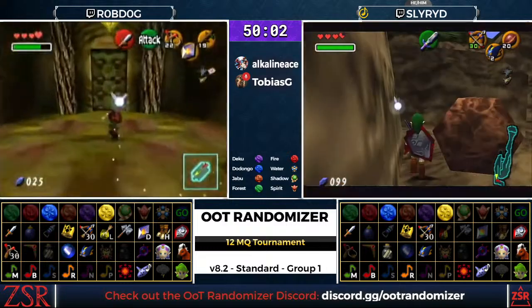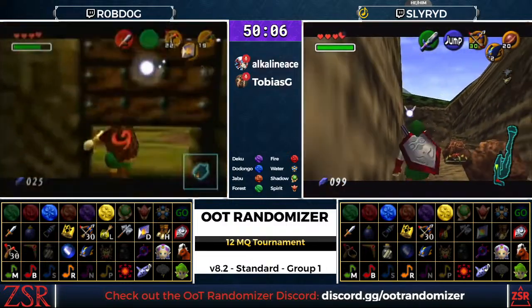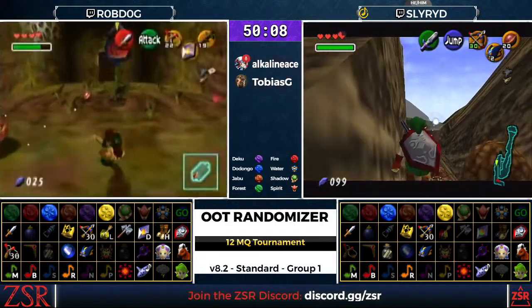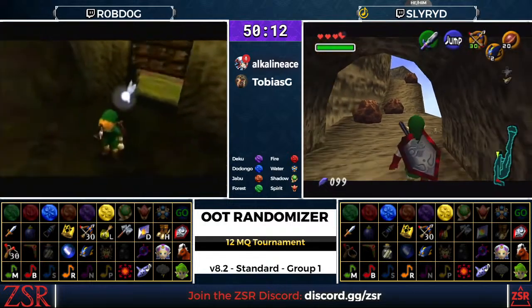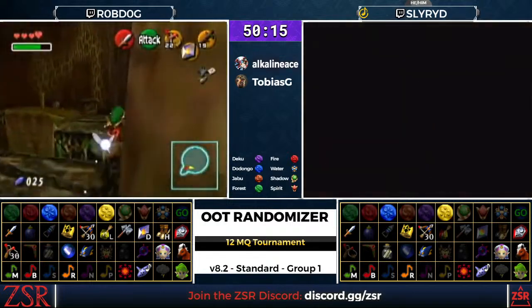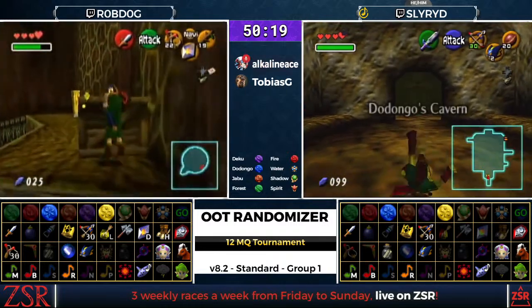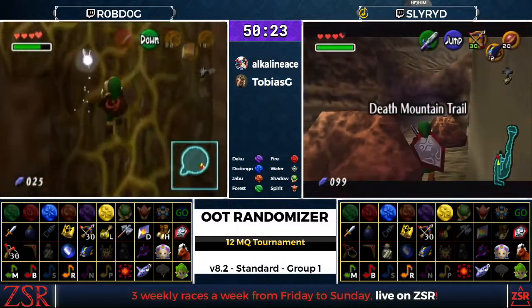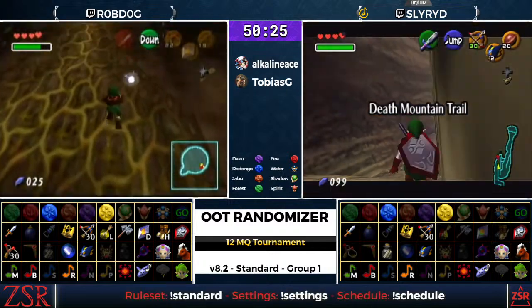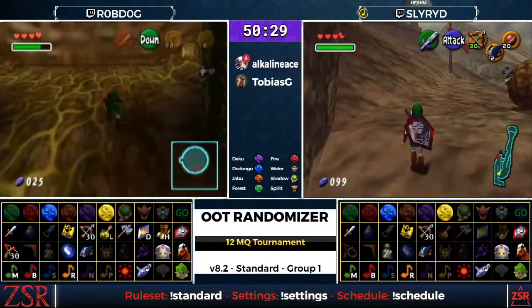Yeah, well... Okay. Nothing in here. Yeah, there's only one chest in that room. The other chest in Vanilla is actually replaced by a skull. Okay. Yeah, there's a gold skull in that crate. Okay, Sly probably